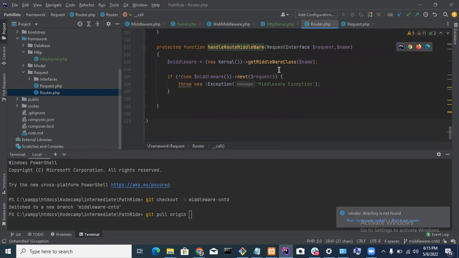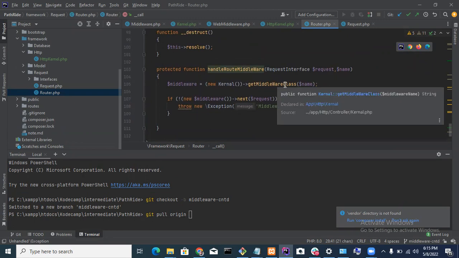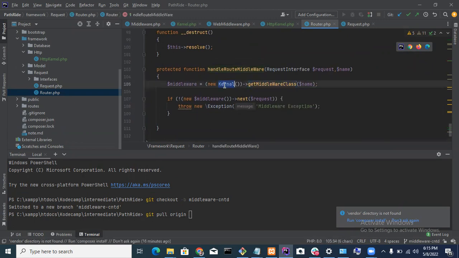Interesting. Let me do that first. I've really forgotten what I was trying to do here, but then fine. So we may have to change the approach now. Then we have new kernel.